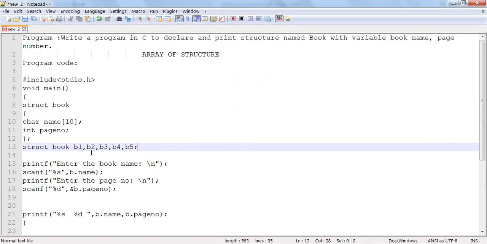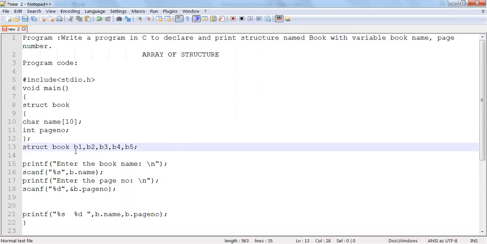So what I want to say here is, initially we created only one variable that will take the value of only one book. Now a situation demands I want to store the values of more than one book, let's say five books. That means I have created five variables, all of structure data type.